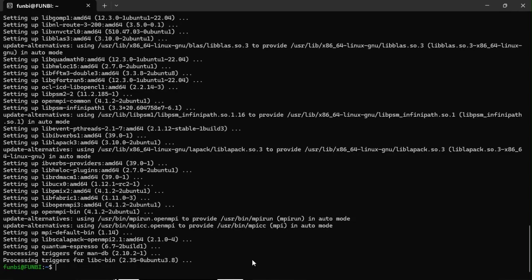And voila, Quantum Espresso is installed. So then we've used sudo. I've shown how to use sudo to install